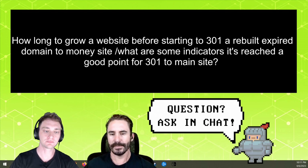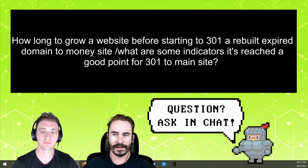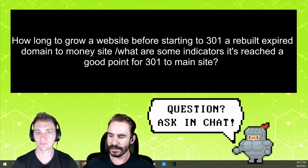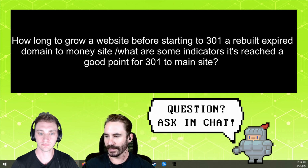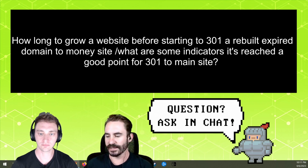Now, again, it's not a must. You could just go ahead and automatically 301 it. You could build those historical pages out, and you might get some volatility out of that. That's the only thing. But as a best practice, I prefer for multiple pages to be indexed and for it to look like a healthy site in Google